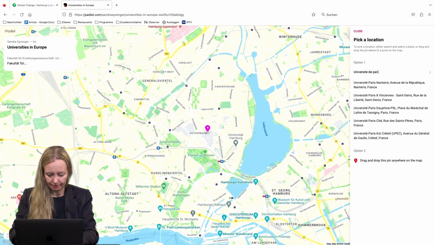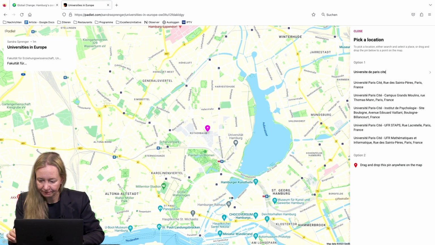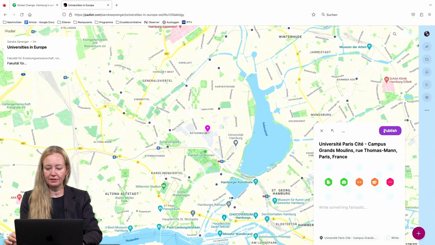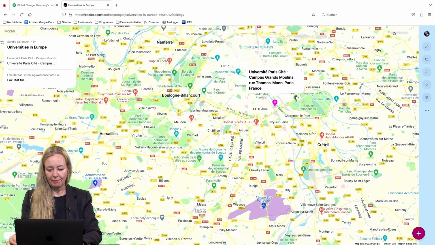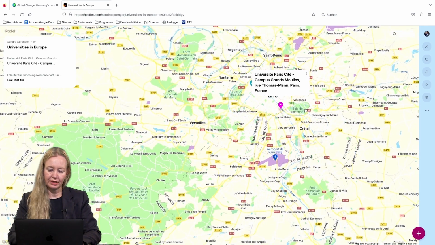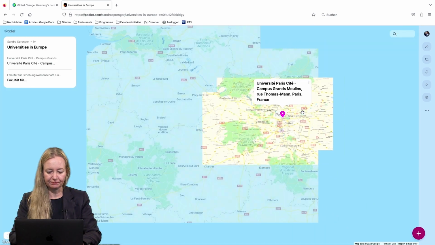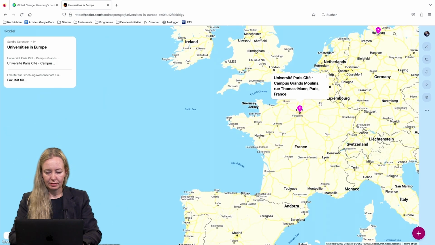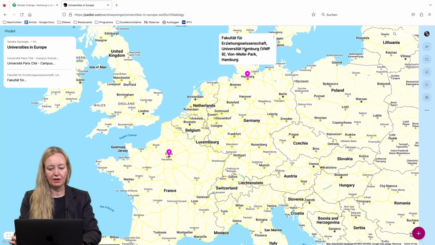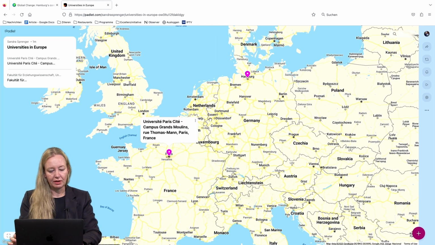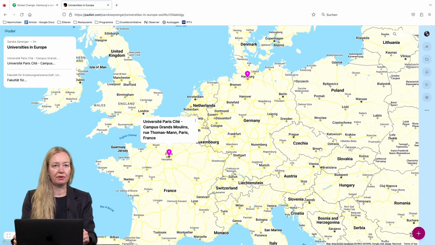Université de Paris Cité, and this is the second university. I click and it's published now, and when you zoom in with your mouse, you will see, okay, now we have the two pins. One is University of Hamburg and the second is University of Paris, and you can now add many more universities,